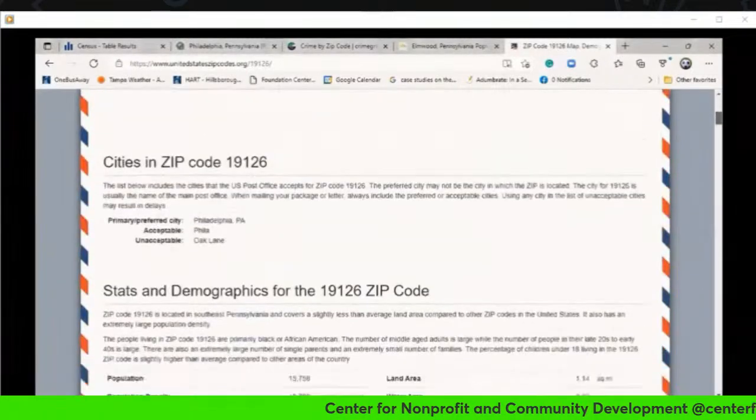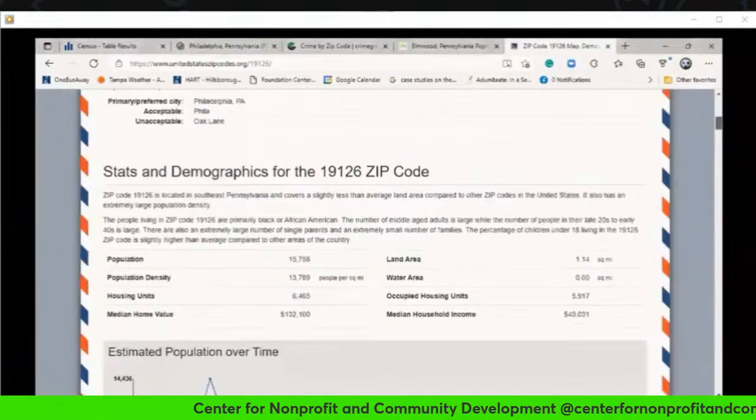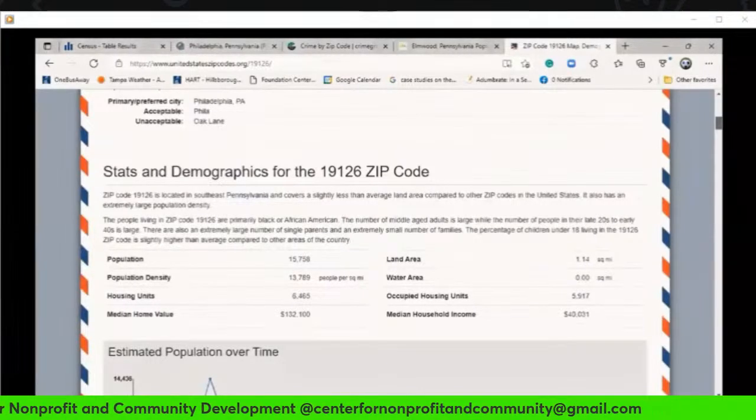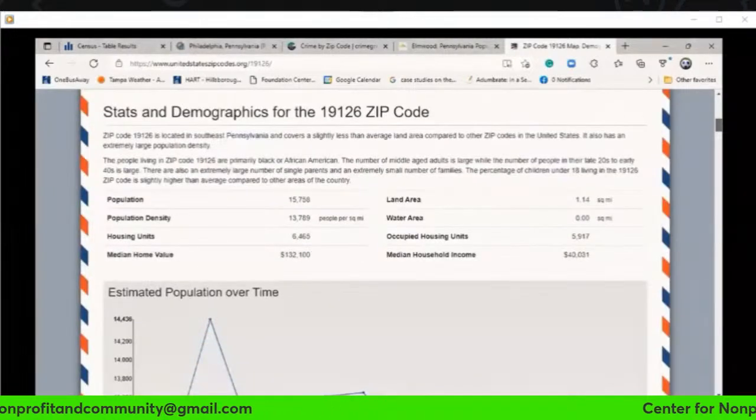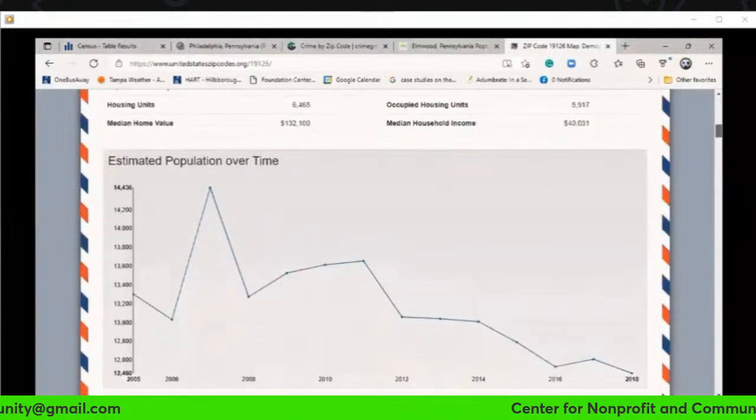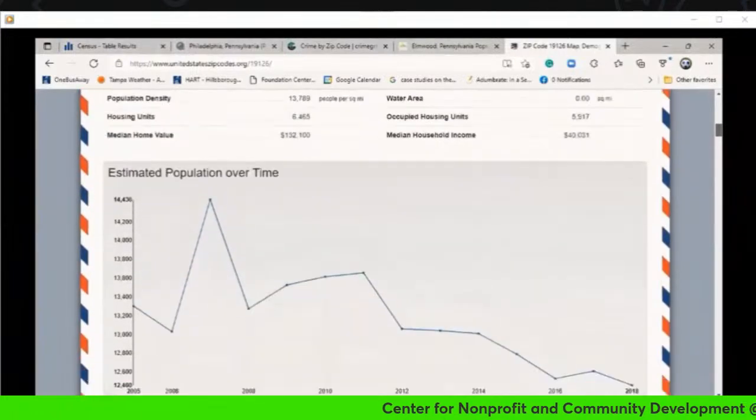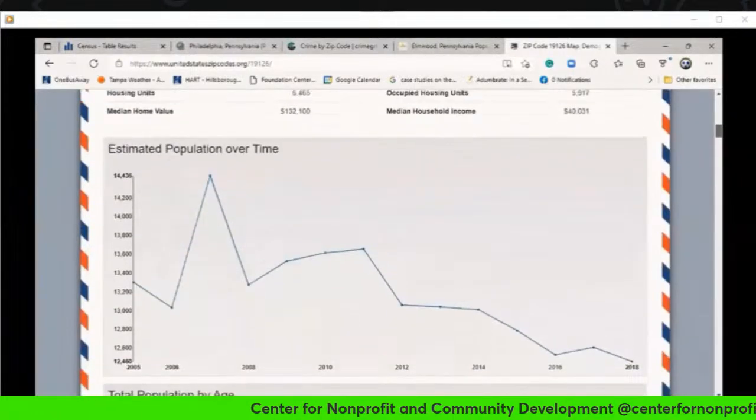Let's look at some of the information. It's going to give me population, housing units, median home income. I can find estimated population over time,